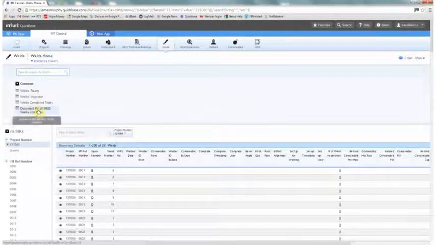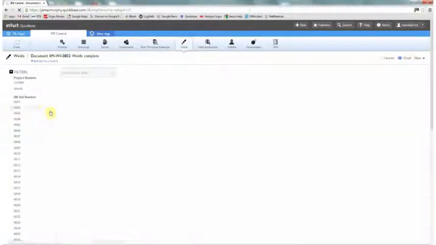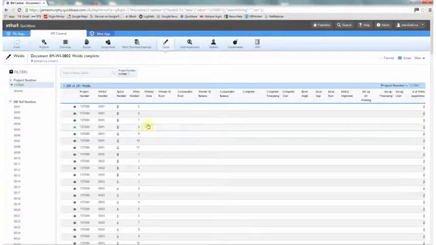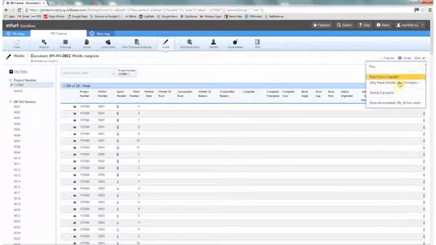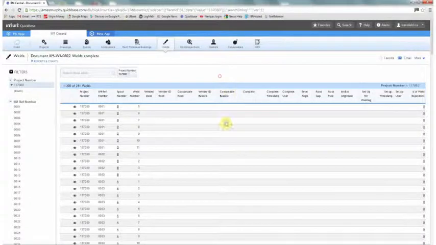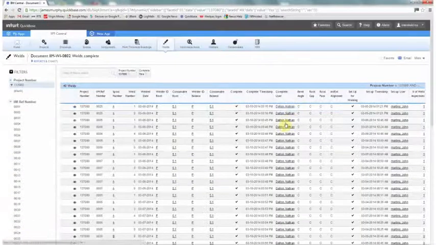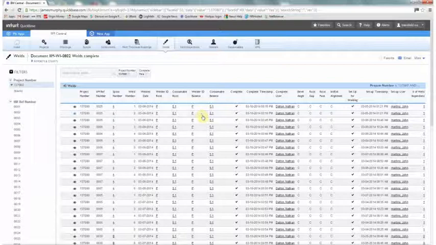There is also a report document, welds complete report, which is a more user-friendly report. Here you can view all the welds for a particular project. You can also export these to Excel and sort and group them to see what was complete. We can scroll down here to the completed welds and filter all the ones that are yes completed, and we can view those particular welds, see the date and time, the welded date, welder ID route, consumable route, welder ID